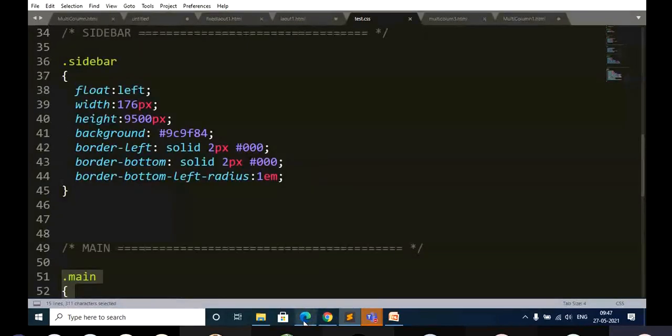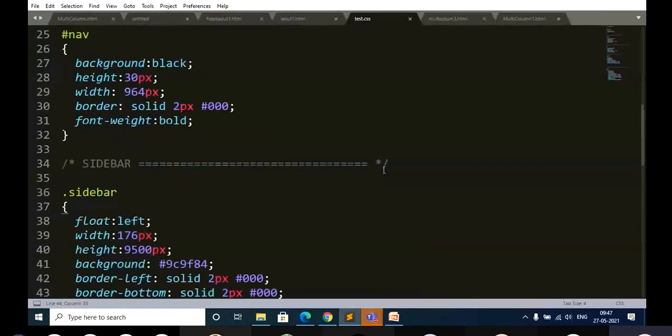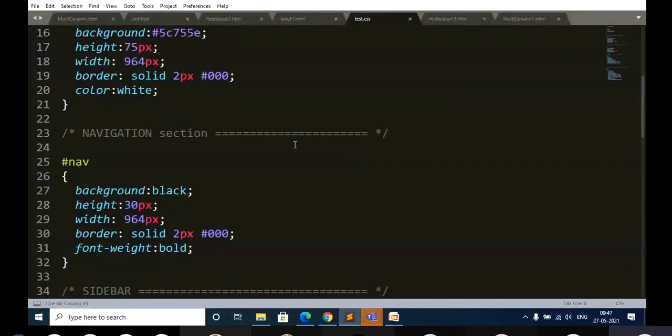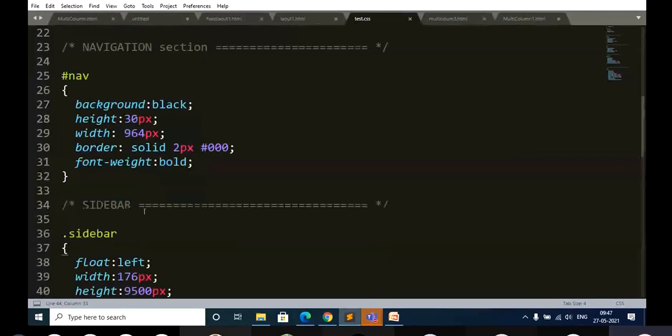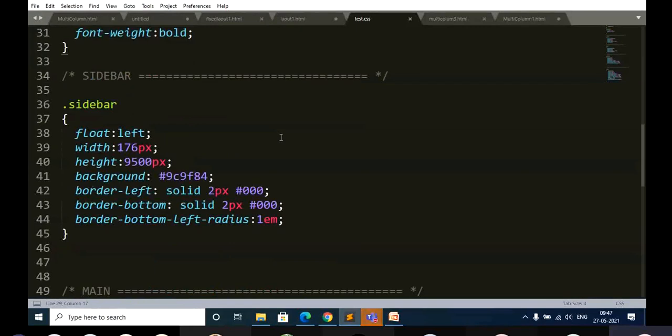See, it requires a lot of practice to remember or to work with these properties. Those who have not practiced the basic CSS properties, you have to go back and practice these, so that you will be able to design the web page instantly. If you are struggling with what property to use, then it will be difficult. You will take a lot of time for that.